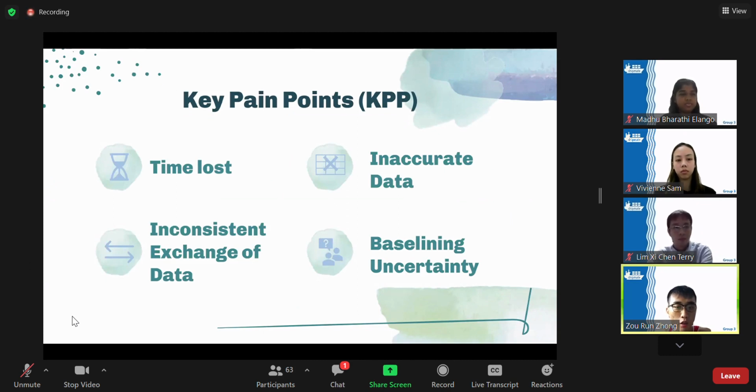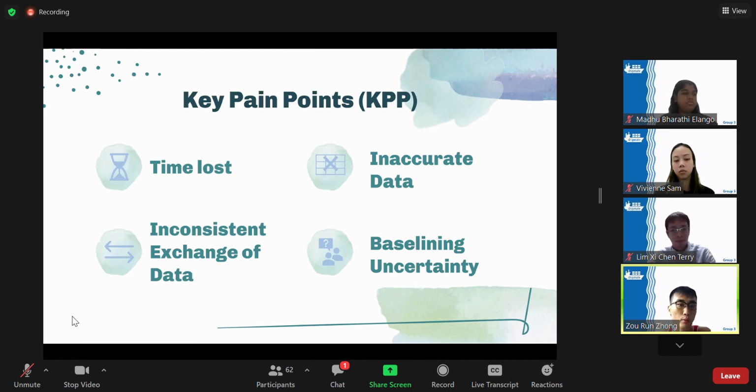First is time loss from the manual process of data entry of ship logs. Second is the incorrect data as a result of having manual touchpoints. Third is communication as a result of having different units in different locales. Fourth is the lack of baselining, as ship owners do not know how to set achievable targets to hit the